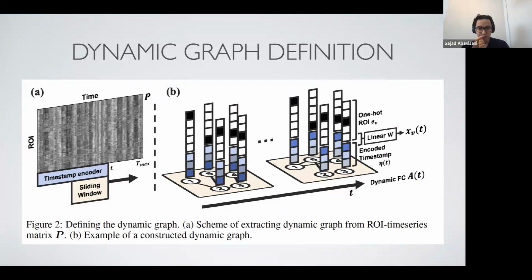This is a figure to explain how they get the graph. They use a sliding window on this matrix of regions of interest versus time, and so they get the dynamic graph representation. What they do here, which they show is very helpful, is that on top of the,